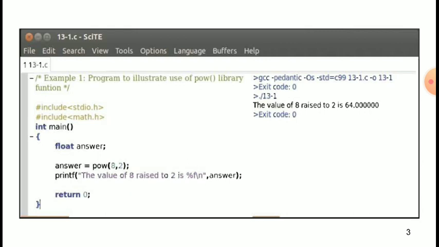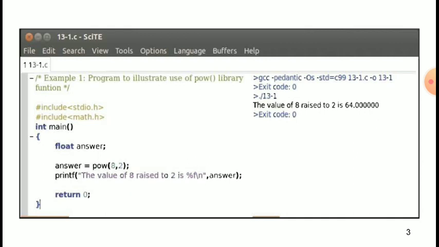That means 8 raised to the power of 2. Then printf("The value of 8 raised to 2 is %f\n", answer), where answer is a variable, and return 0 and the end of the curly bracket.